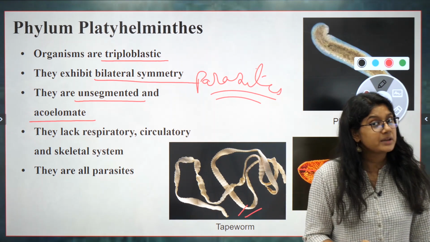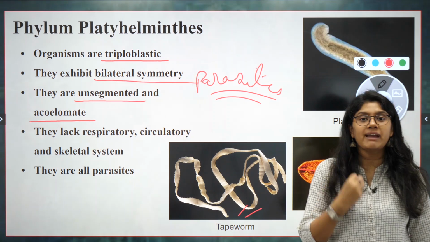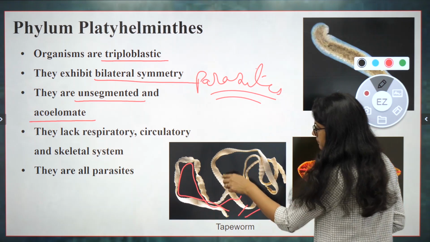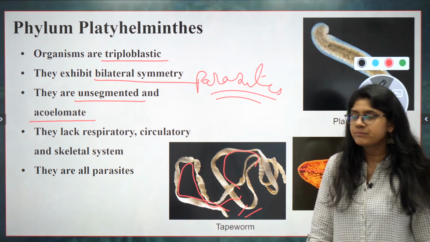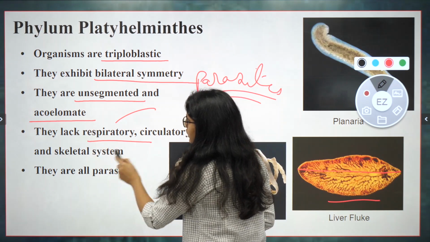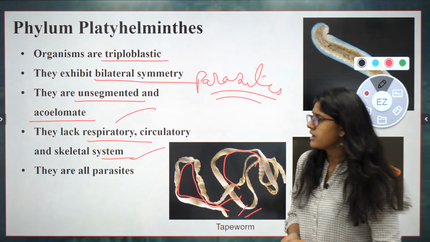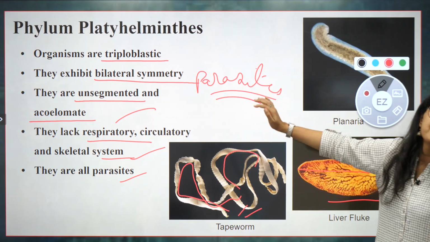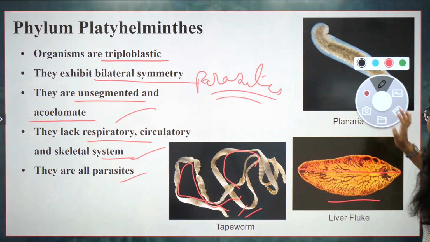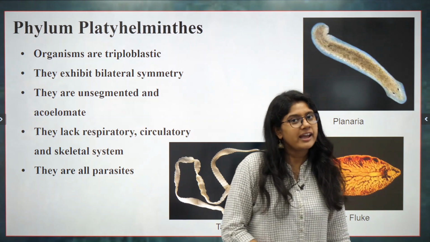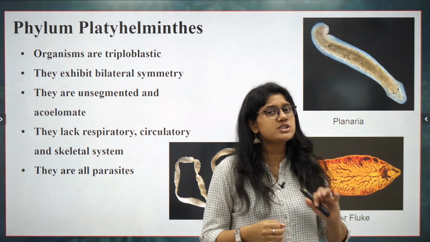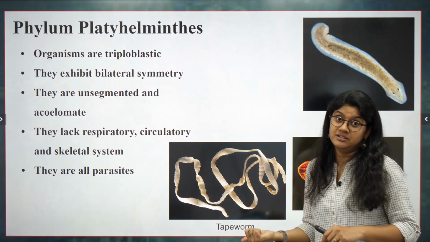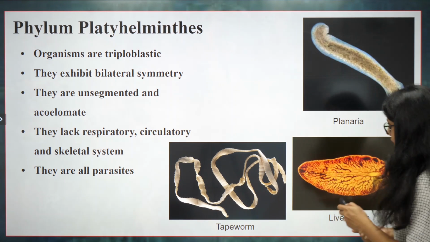Acoelomate means they don't have a proper body cavity for the organs. See over here, everyone, they are very flat structures. They don't have segments properly on their body. And of course, they are acoelomate. They don't have any organs or systems. And of course, many are parasites. Very few are free living, and the majority of them are parasites, as we were saying. We usually find these in the intestine. If you're not eating properly, if you eat very frequently outside, we might get these flatworms, and they cause a lot of disease in our body. So yes, we should be aware of that.